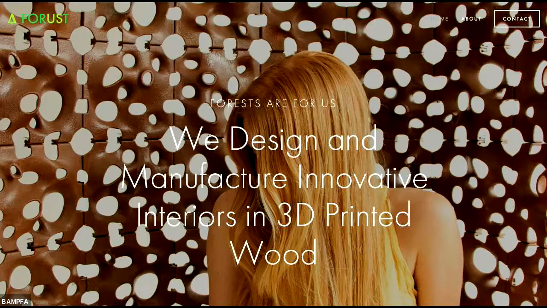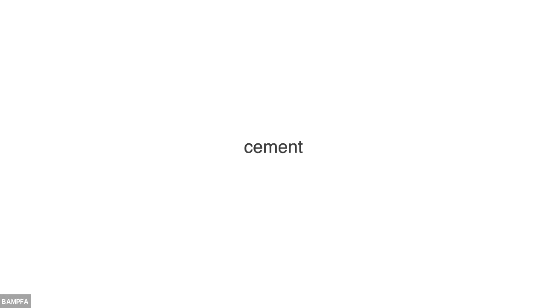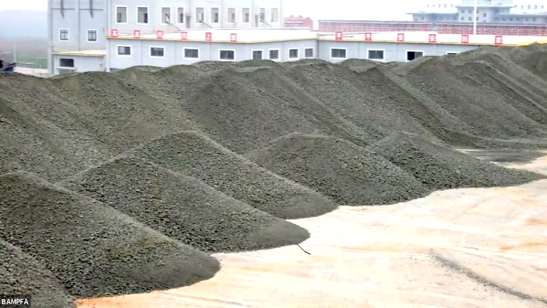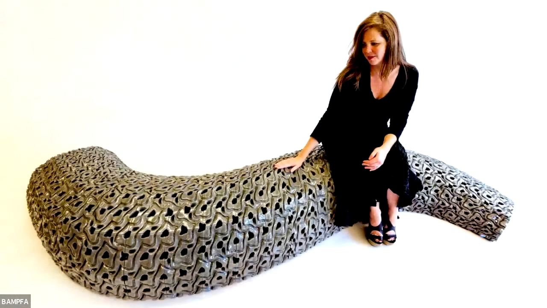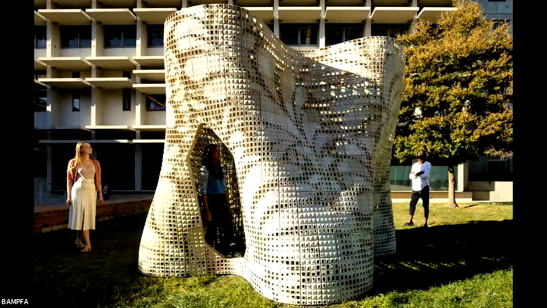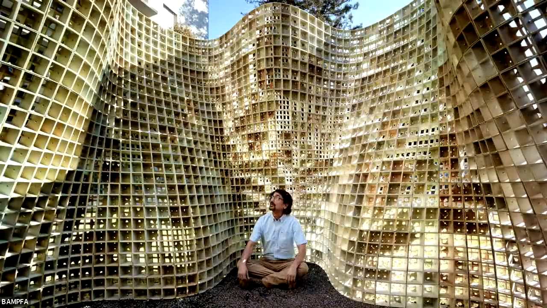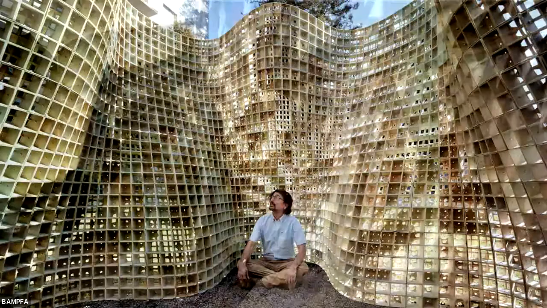We spell forest with a U, because we think the forests are for all of us, and we want to preserve the way we think about timber harvesting around the world. Cement is something that is ubiquitous in architecture. This building is made out of cement and concrete, and we developed novel ways to 3D print with cement that don't require any molds or formwork. And these are some of the larger structures that we made here, and you can see we're doing this here on campus, 3D printing cement blocks using very little water and no molds.